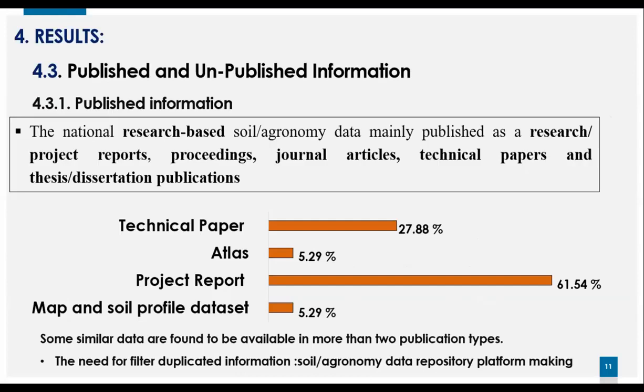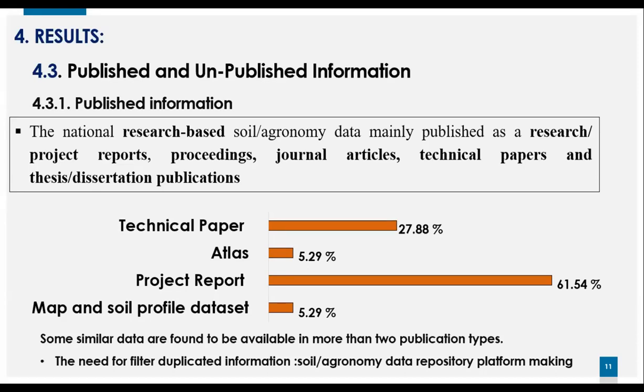Yeah, continue. So we have evaluated also the status of published and unpublished information across data hosting institutions. As you know, the national research-based soil and agronomic data are mainly published as research and project reports, proceedings, journal articles, technical papers, and thesis dissertations, while most survey-based soil and agronomic data are published in the form of project reports. In some cases, similar data are found to be available in more than two publications. So there is a need to filter duplicated or interrelated information